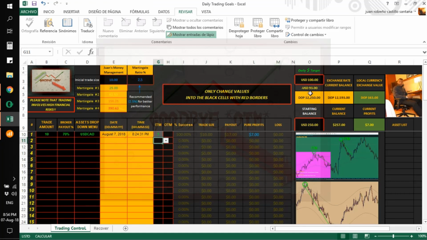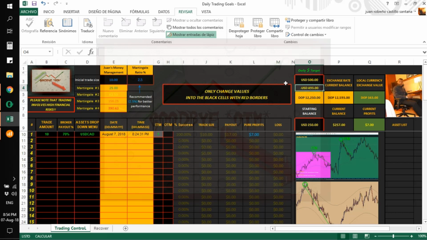As you can see right here, based on our daily target, we are minus 93 left, which means that we already have our $7 made, and we are 93 to go for the session. That's dependent on your daily target. Everybody has their own daily target. Yours could be $1,000, it could be $50, it could be $500, some people have $200, so that's up to you. So the money that you want to make as a daily target, you just place it here. For example, if you want to make $500,